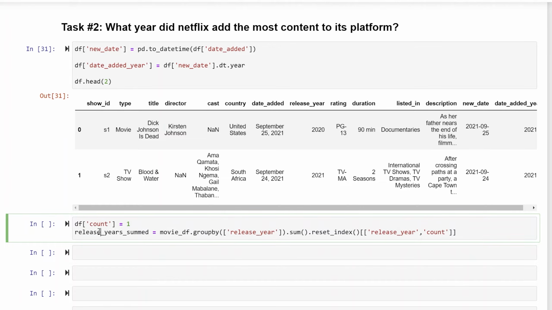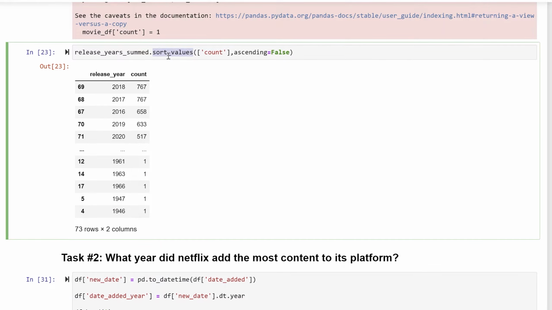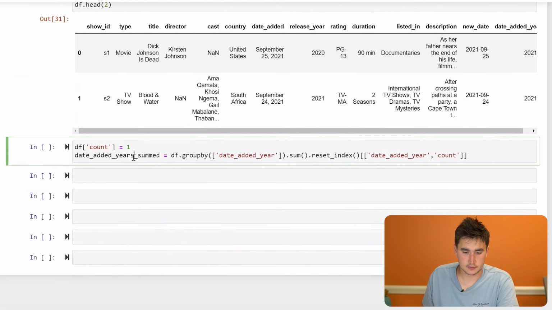And we can call this date added years summed, which is going to be df group by, instead of release year, it's going to be date added year, date added year, take the count. That looks good. And then the last step of this was sorting the values. So let's run that. Last step here was